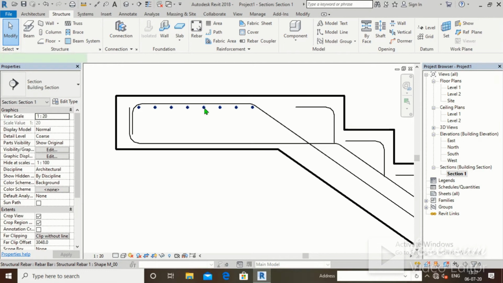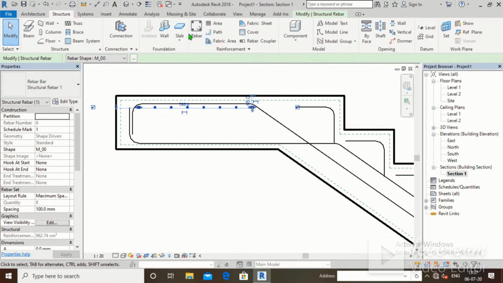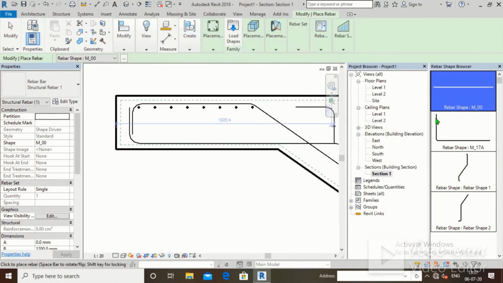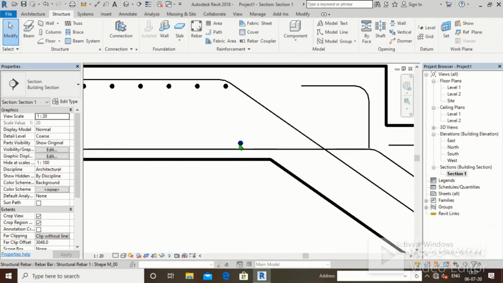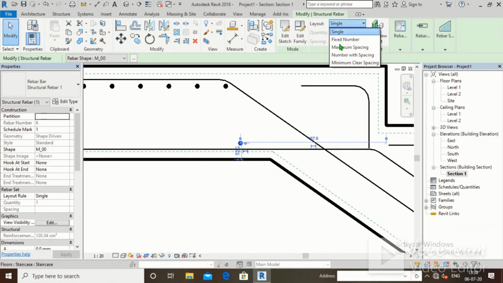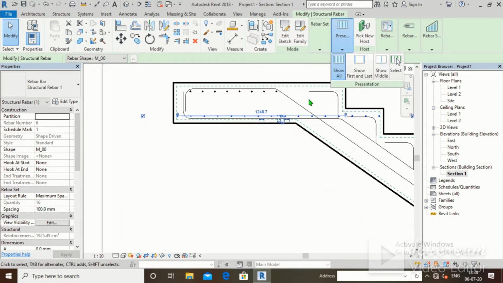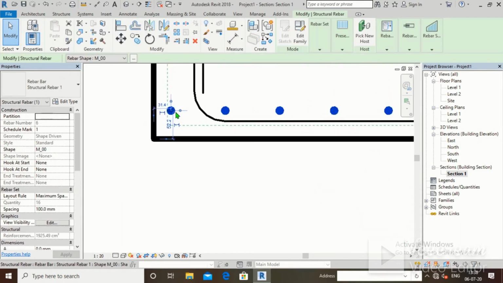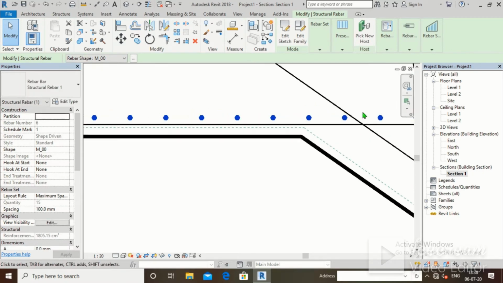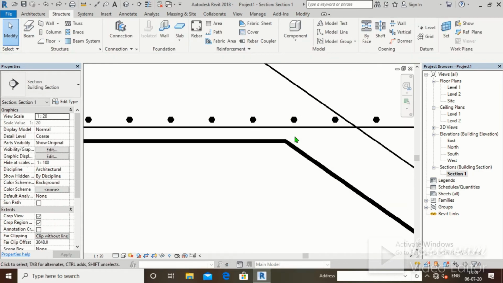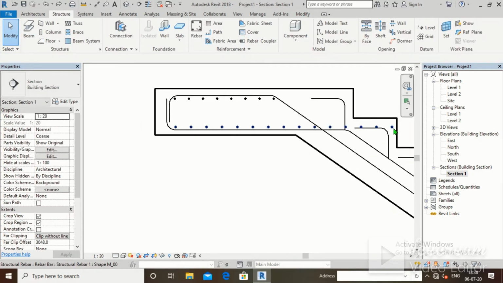This is the rebar part. Structure, click on rebar. Select this bar, maximum spacing. Control Z. Select these bars.